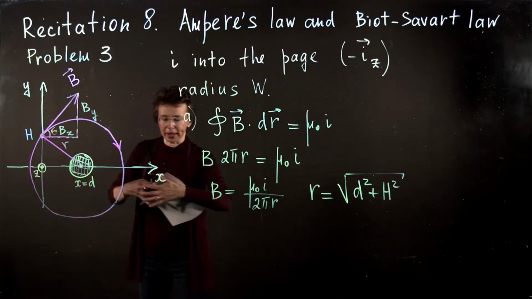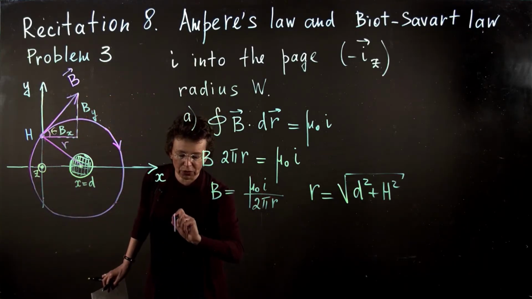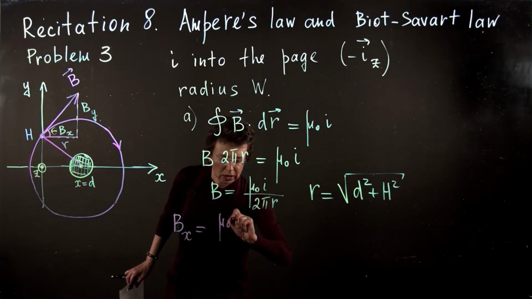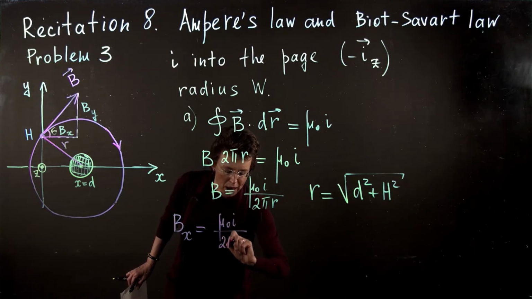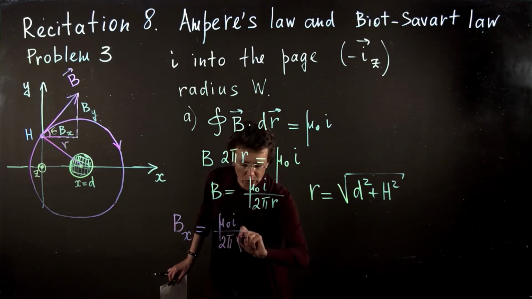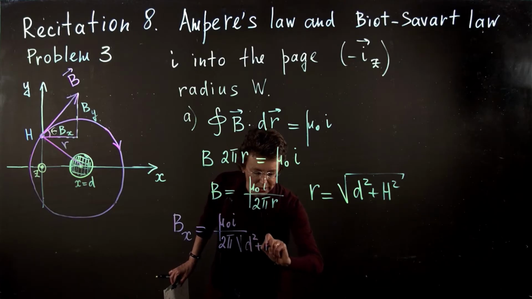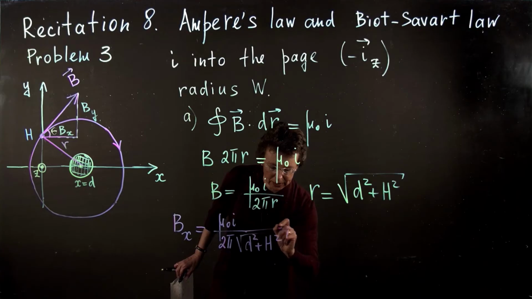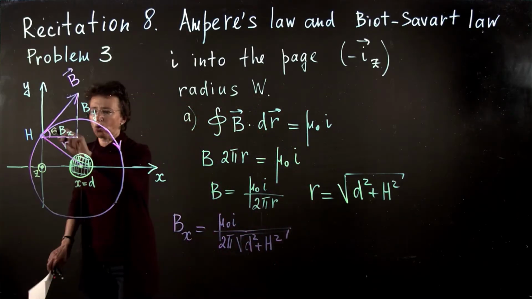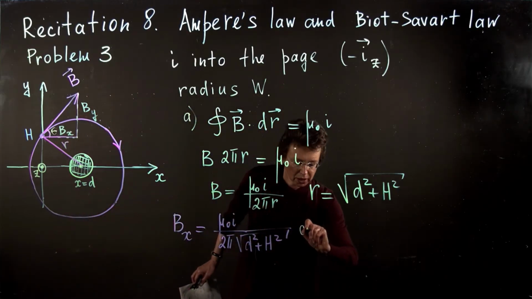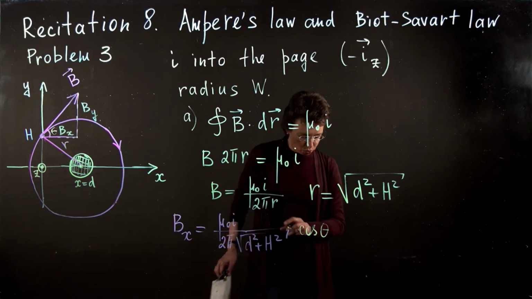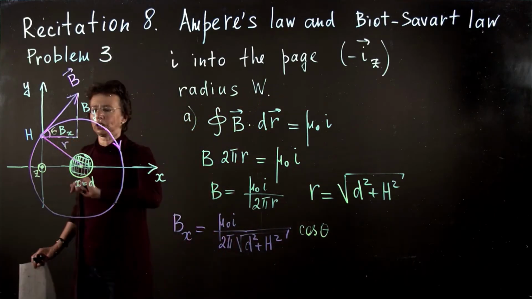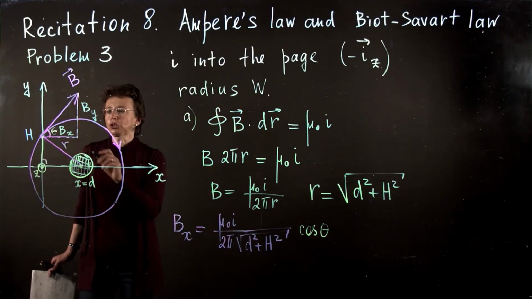So B sub x, the x component of the magnetic field, will have magnitude mu naught I divided by 2 pi r, where r is the square root of d squared plus h squared, times cosine theta. What is cosine theta? To find cosine theta in terms of what is given, we need to figure out